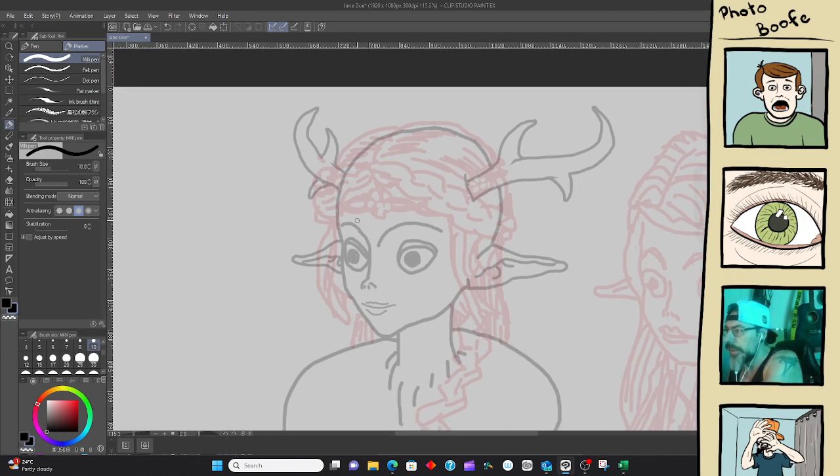Get rid of the mess. Probably go ahead and use a smaller brush too, even though this is just roughing once again. Do you want to have kind of a... Actually, that's going to go underneath that braid.